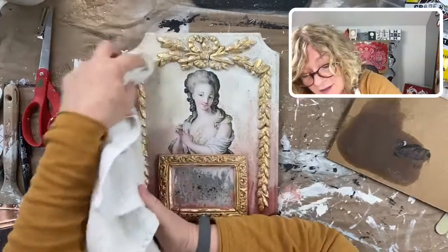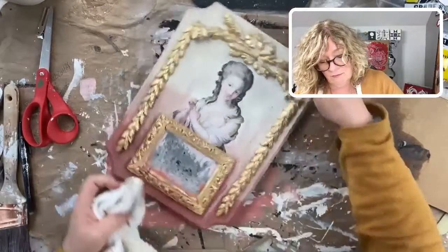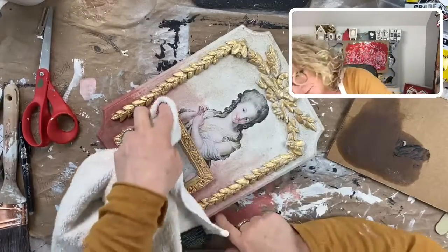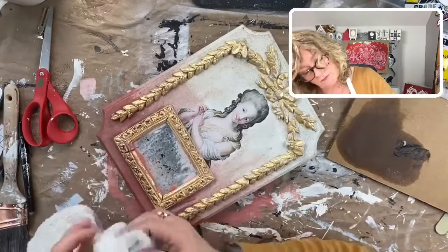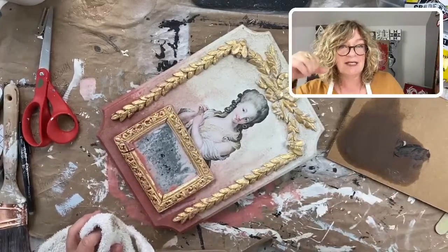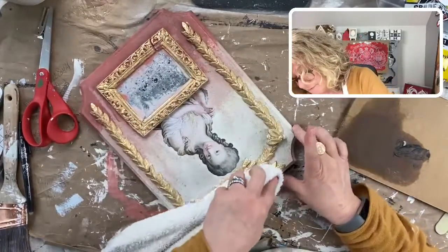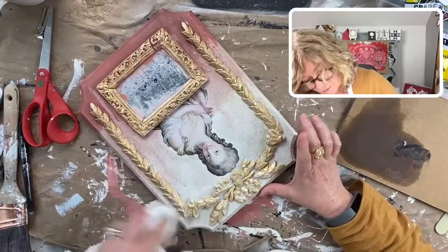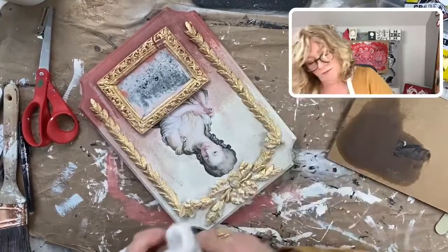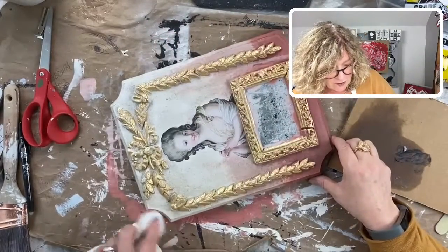Keep turning your cloth from these high points. And a lot comes off, because so much of the dirt and grime is going to be in the nooks and crannies, not sitting on top. All right, and then you can go around,